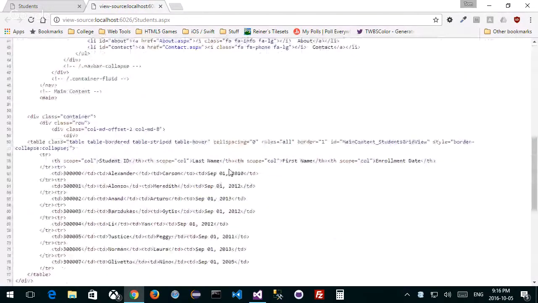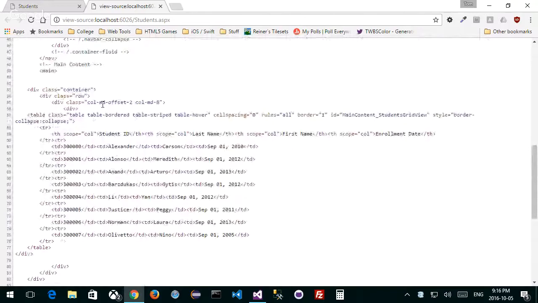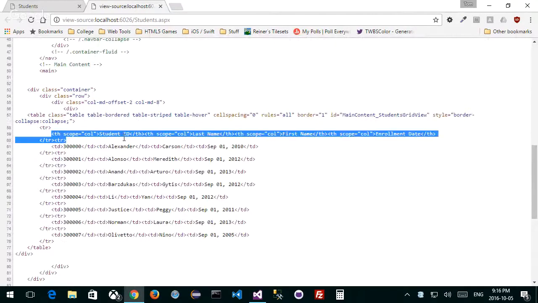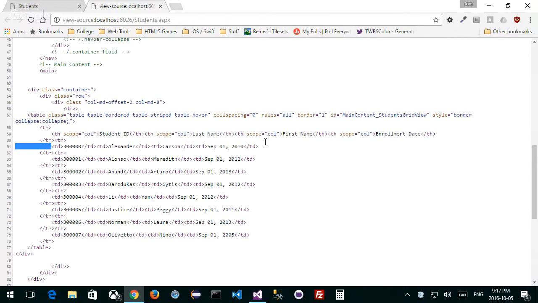So here's my table, and it actually converted my grid view into a table with a header row. Here's my header, right? As well as information. These are my rows. So here's my table. There's my row. Here it is, and each row has table data. That's the TD, right? And each of these pieces of table data is going to be taken from the database, right? Even though it looks hard-coded here, it's not. It's dynamic. It means if I change something and I refresh, data's going to be changed. We're going to do that today. We're going to modify this table, add some new information, and we're going to show you how to do that.